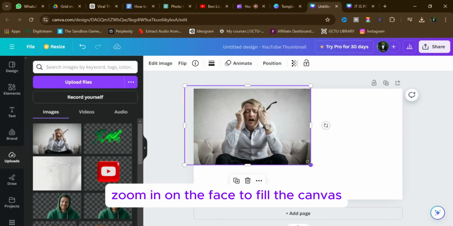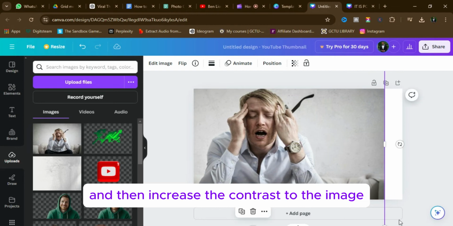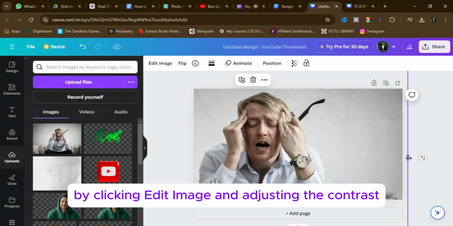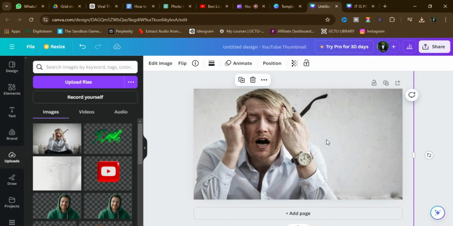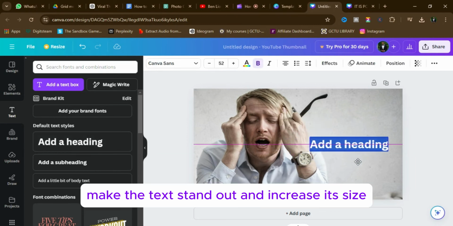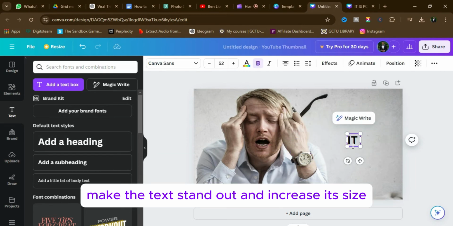Drag the image into the canvas. Zoom in on the face to fill the canvas, and then increase the contrast of the image by clicking Edit Image and adjusting the contrast. Lastly, type some words on the image. The text should be short, no more than 4 words, and choose the font style called Anton. Make the text stand out and increase its size.